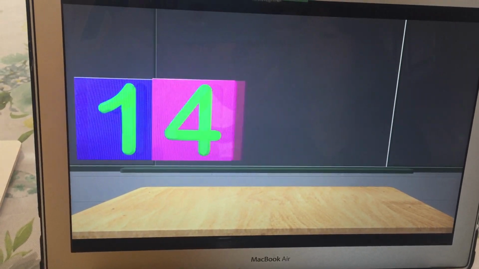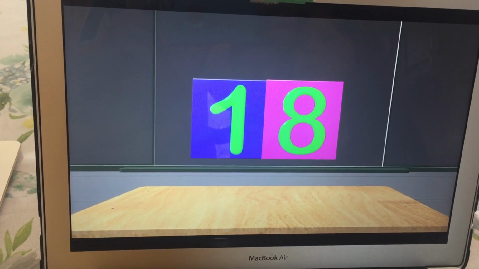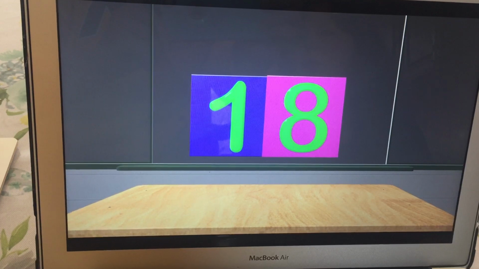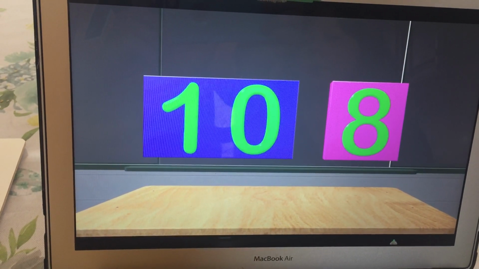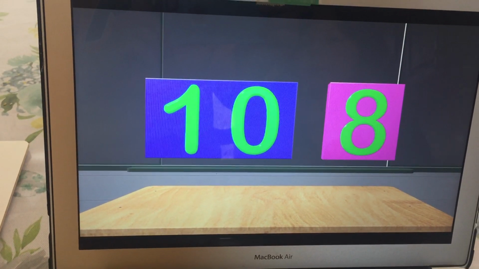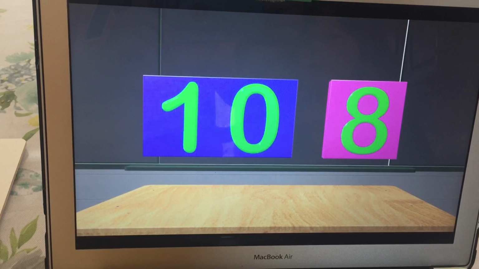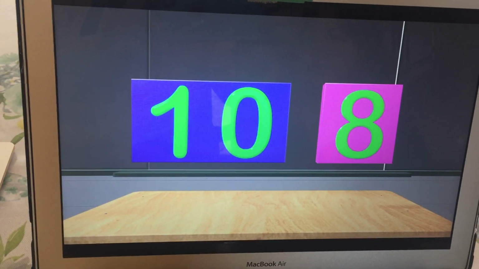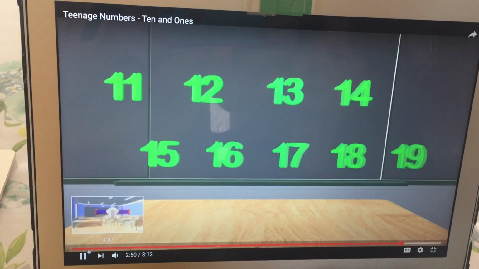Let's look at one more teenage number. What number is this? This is the number 18, and if we find the 10 hiding, we will see 10 and 8 extra ones. So the number 18 is a 10 and 8 ones left over. Great job, kids! You can even make your own cards just like this one. We learned today that